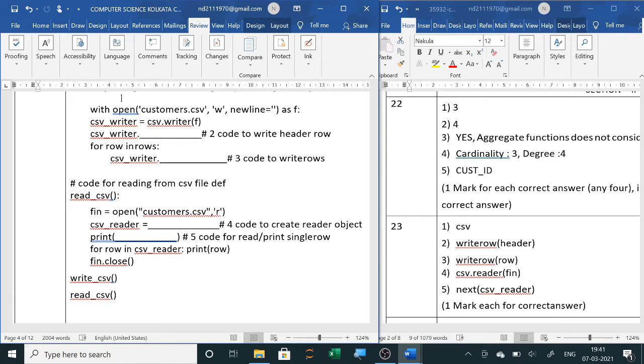If you want to print a single row, then csv_reader is collecting it, and so here it will be next(csv_reader).